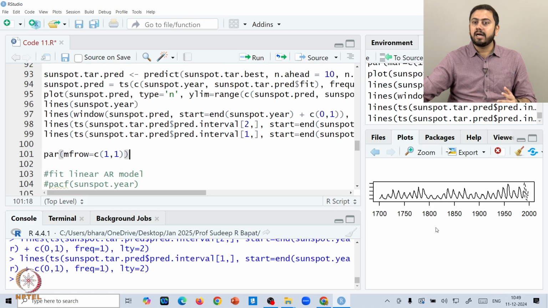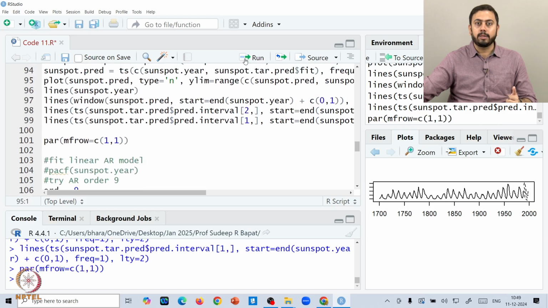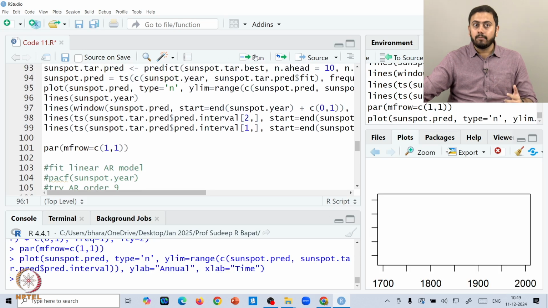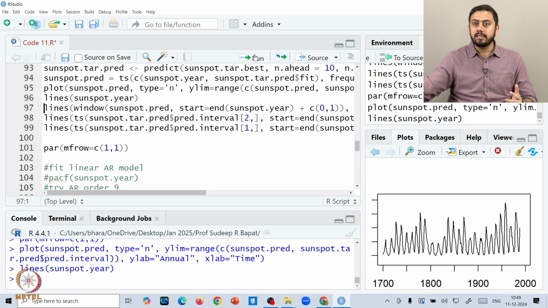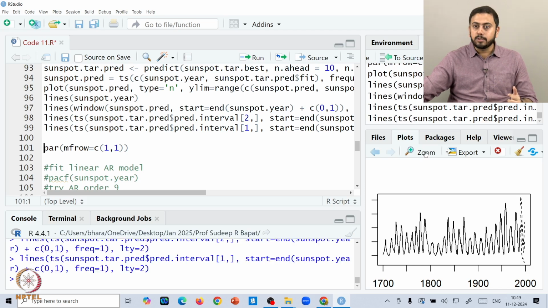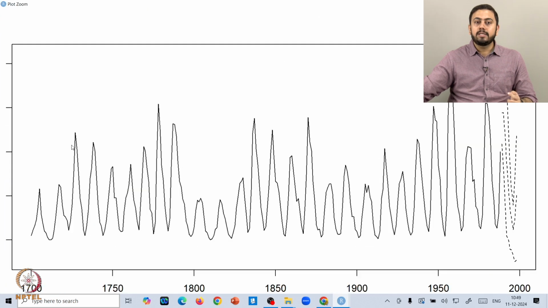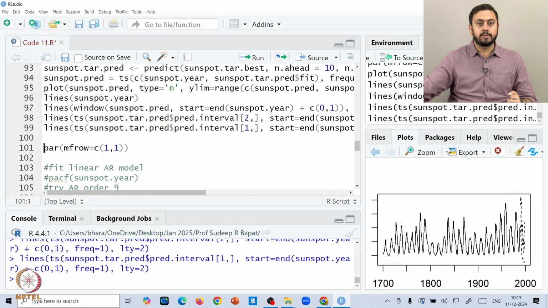Again here you see that R is giving one small plot rather than one single plot in one window. So, how do you counter that? So, I can again run this line and let me again go back to creating all these plots one by one. So, plot of the predicted values, then the lines, then the actual forecast along with the interval. Now, let me zoom in and now this would give you a better picture. Okay. So, this is the actual sunspots data along with the TAR forecasts. So, the dashed line gives you the TAR forecasts.